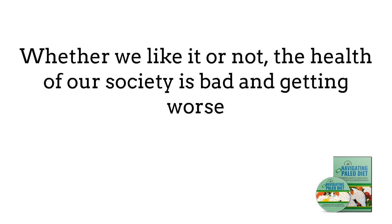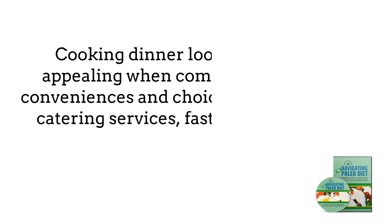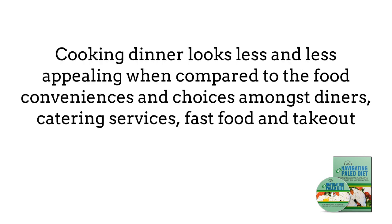Introduction. Whether we like it or not, the health of our society is bad and getting worse. As technology continues to develop, convenience does as well, and ordering food is literally as simple as the clicking of a button. Long gone are the days of having to find your own food, let alone having to drive to a restaurant to get dinner. Cooking dinner looks less and less appealing when compared to the food conveniences and choices amongst diners, catering services, fast